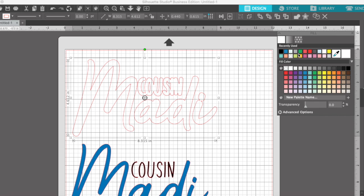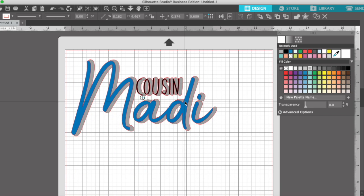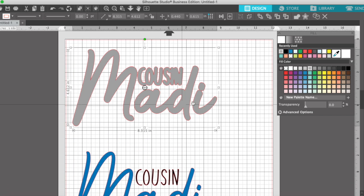And then I'm just going to make it a color so that I can see it better on my screen. So we'll just make it gray. Put your words back on, and that's going to be the look you get with your offset. So you'd cut out the 3 different colors, and then we'll apply them, which I'll show later live in my